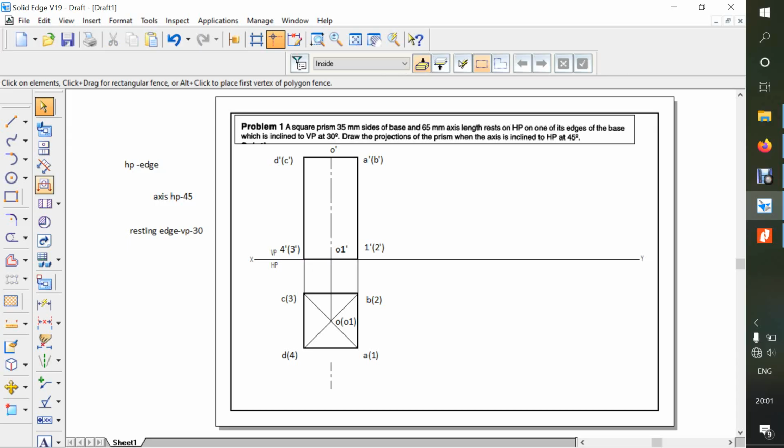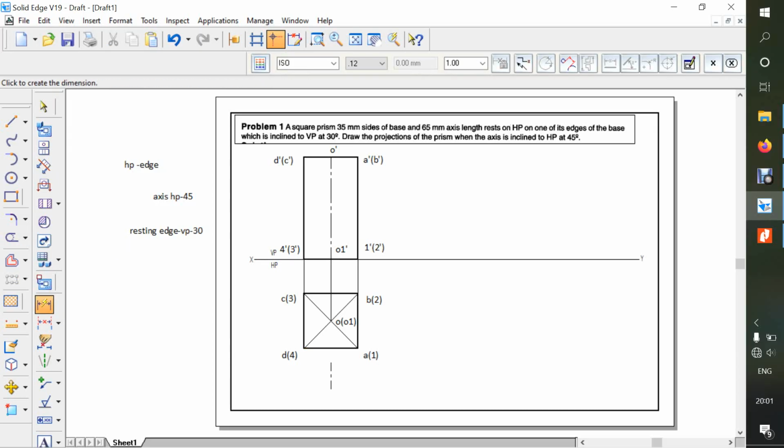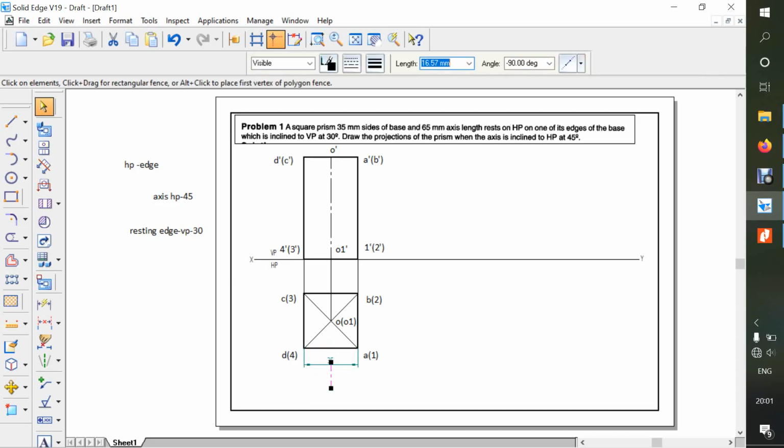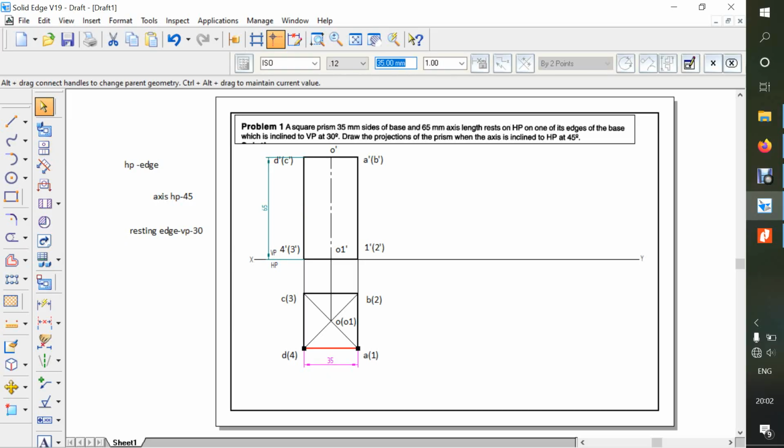So once this much is done, now go to the smart dimension, click on the line and drop it here. You can see it is showing 35, and again smart dimension, click on this line and click it here, it's 65. Now in order to show this with the square symbol, you can go with the prefix.